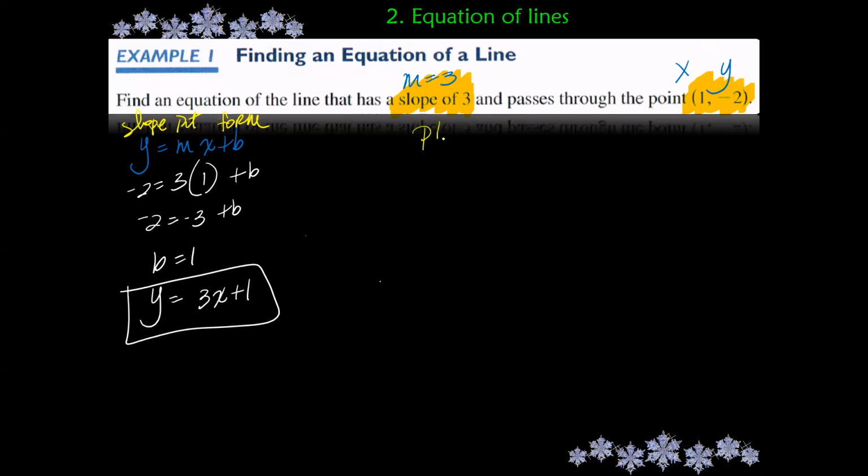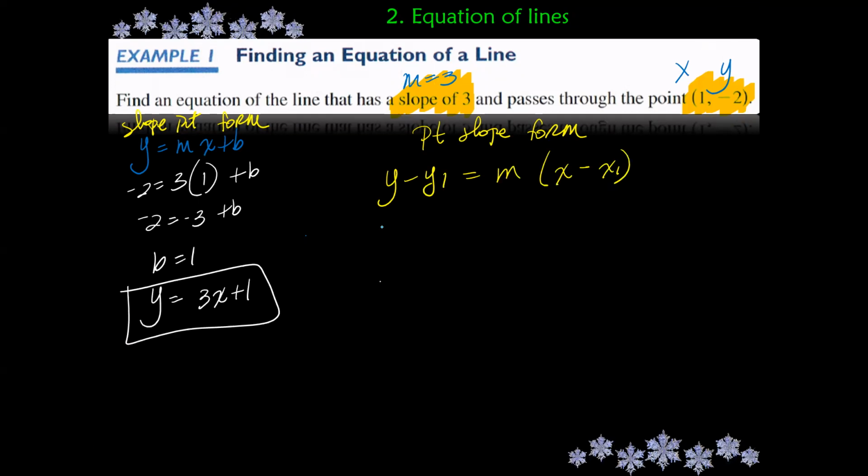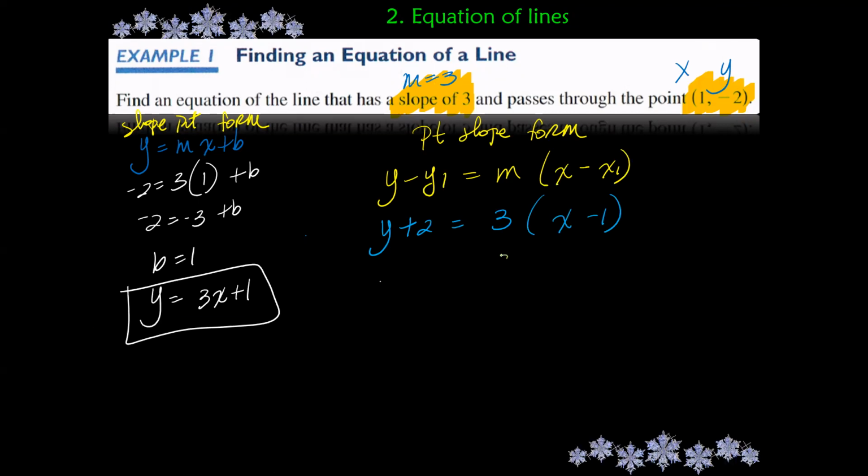If you decide to do point slope form, you get the same answer. Y minus y1 equals m times x minus x sub 1, okay? And again, you want to use this interchangeably so you know how to do this. So y minus y, that'll be a plus 2, equals m, which is 3, times x minus 1. Now you want to distribute this, so 3x minus 3, subtract the 2,